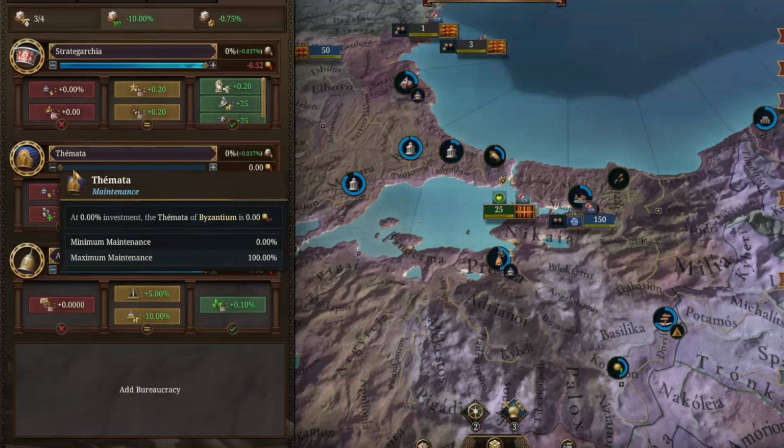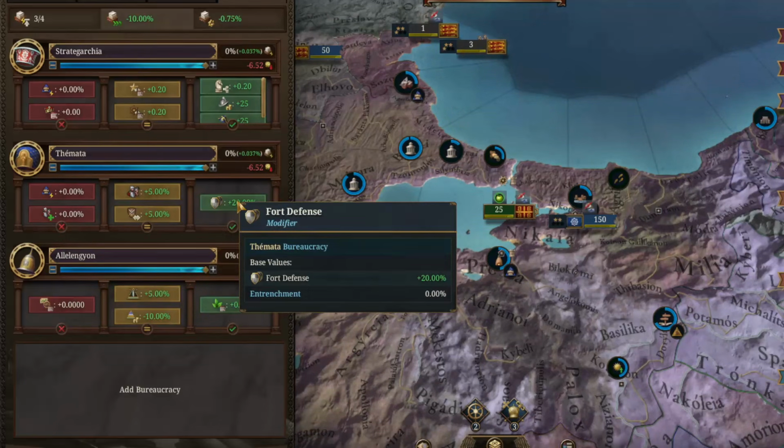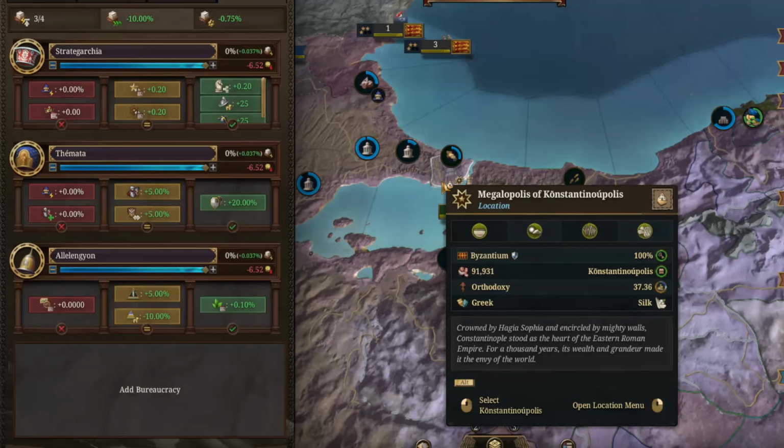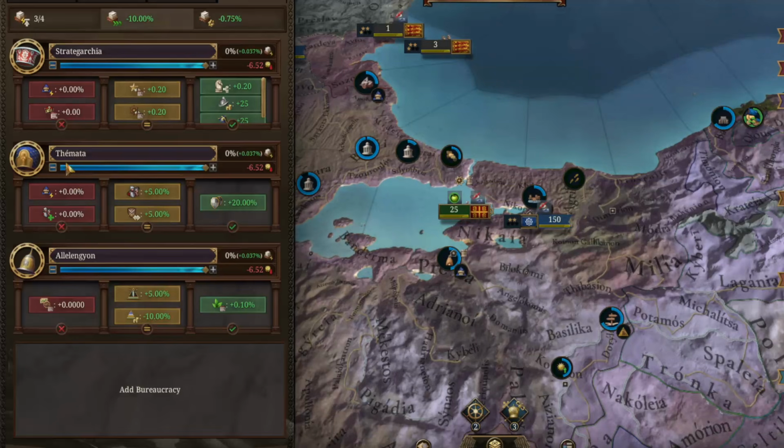But what makes this one shine for multiplayer is obviously, you could stack up your defense bonuses on your capital and make it almost impenetrable, and then slow down the war to a trickle so that you can actually defeat somebody. I would say this is a... Is it better than Strategarchia? Gosh, no. Is it on par with it? Gosh, no. I would say...